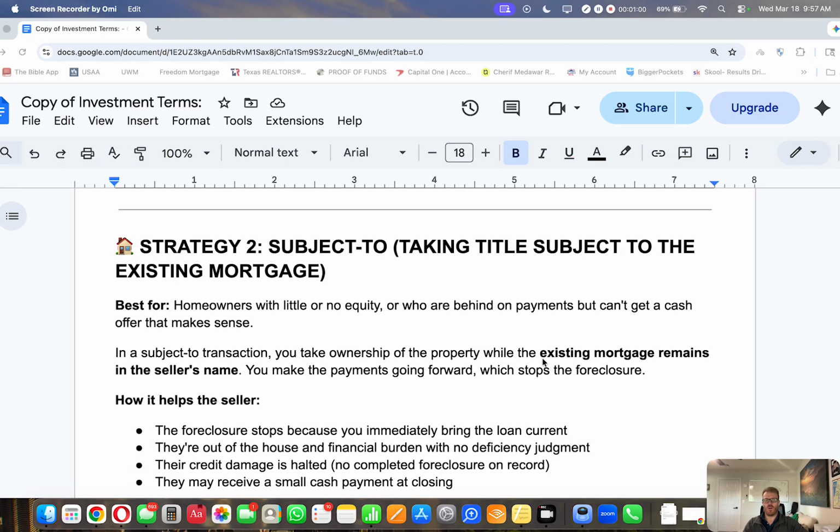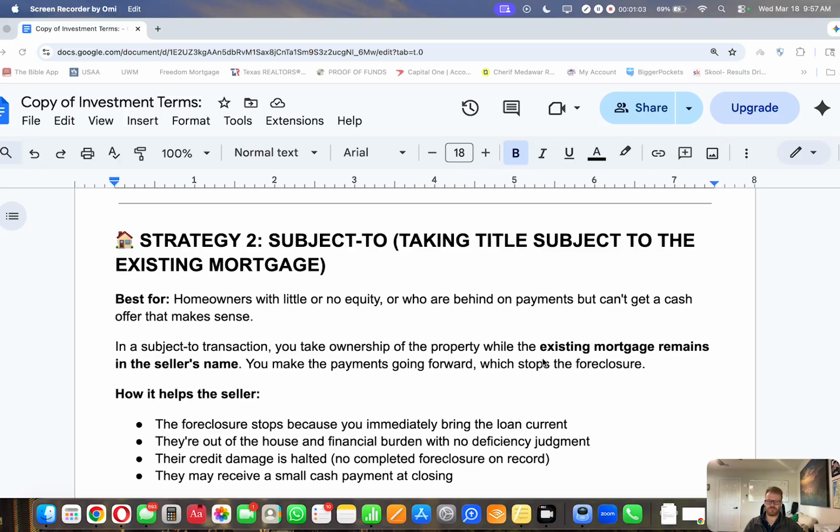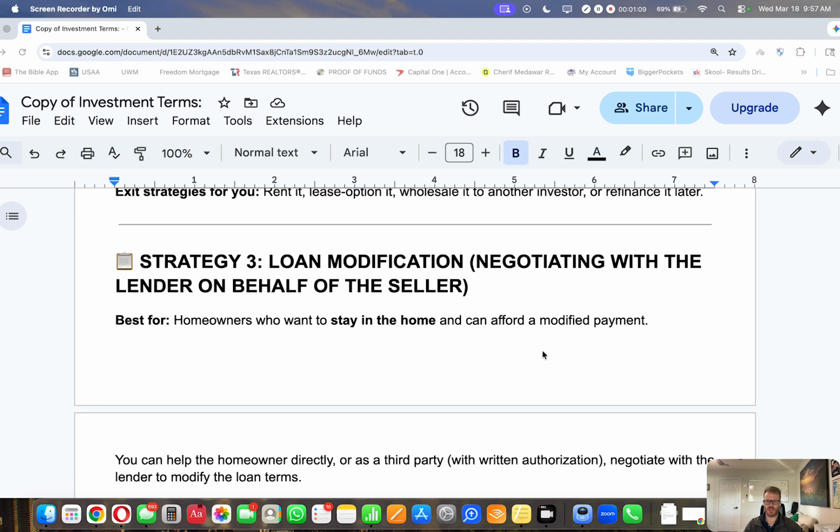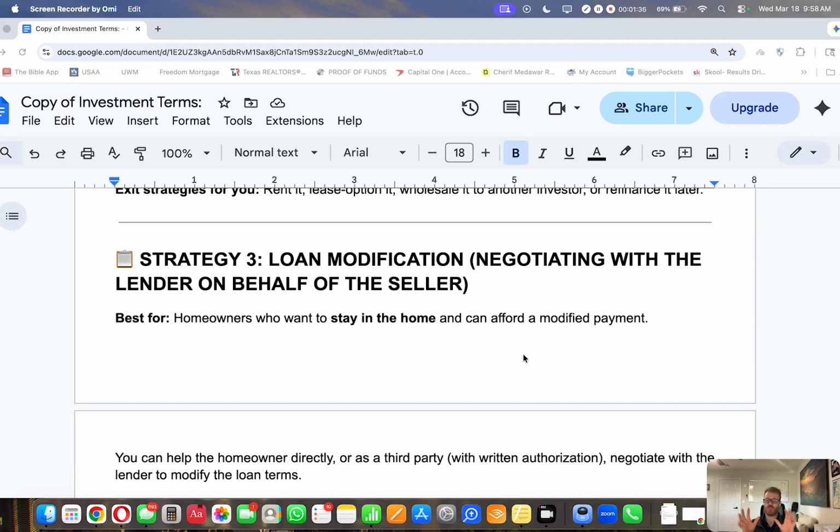And then the third option, which we actually just successfully did, was a loan modification for a seller in foreclosure, in which we got the reinstatement fee tacked onto the back of the loan in a subordinate junior lien. And then they got a 3-month trial period in which their payments were modified. And this one was great because the modified payments were actually better than the payments that were previous by a couple $100 a month. So that this particular situation was great because it reduced the entry fee to literally just closing costs, pretty much just a couple grand, and then